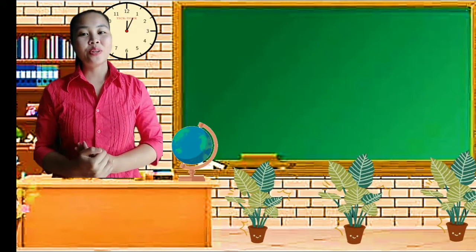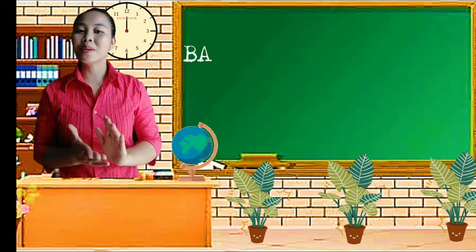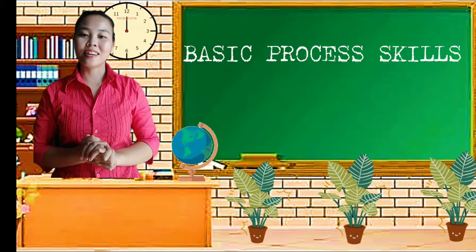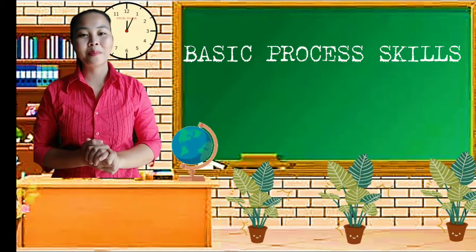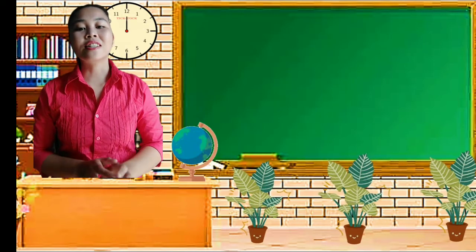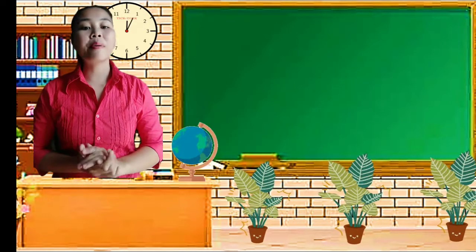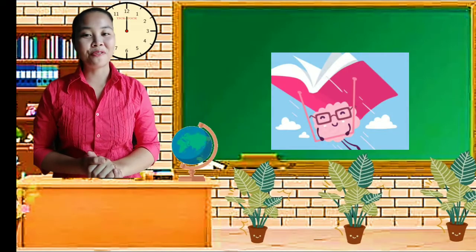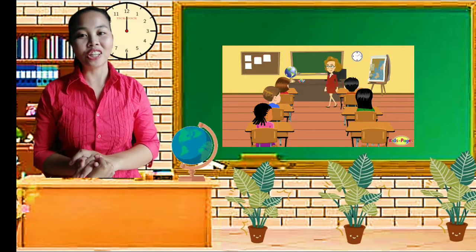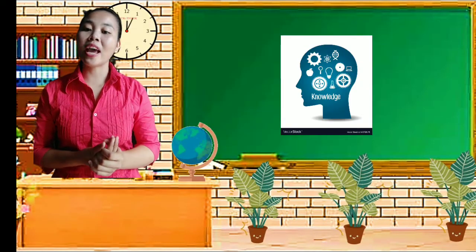For this lesson, we will talk about the basic process skills and how they are utilized in conducting scientific investigations. The key to doing science is understanding what scientists do. This primarily involves acquisition of knowledge, and there are several ways of acquiring knowledge. This can be through any of the following: